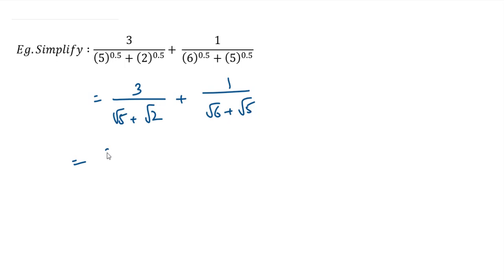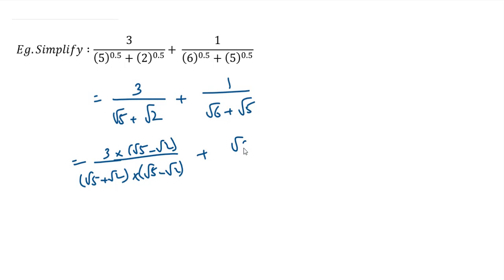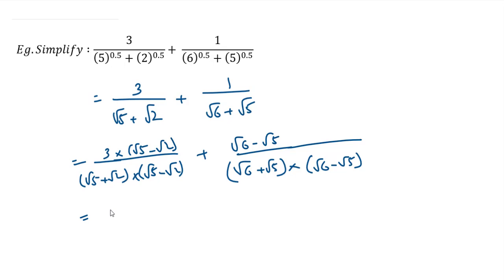So for the first case, it will be 3 upon square root 5 plus square root 2 into square root 5 minus square root 2. And in the numerator also we'll have to multiply it with the conjugate so as to balance it out. And for this case, we'll have square root 6 minus square root 5 in the numerator, and in the denominator we'll have square root 6 plus square root 5 multiplied with square root 6 minus square root 5. So this will become equal to